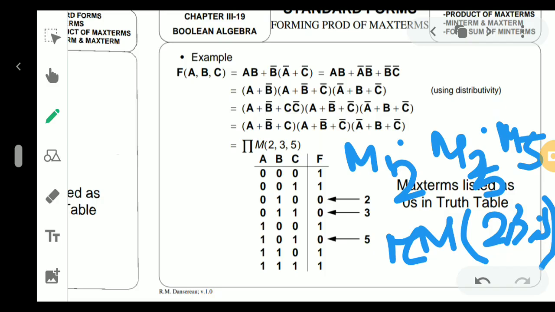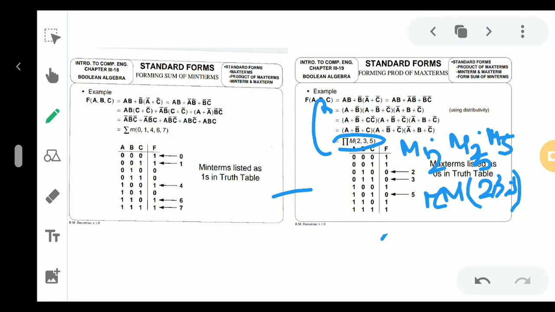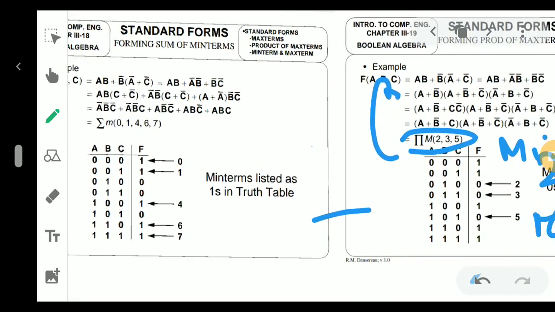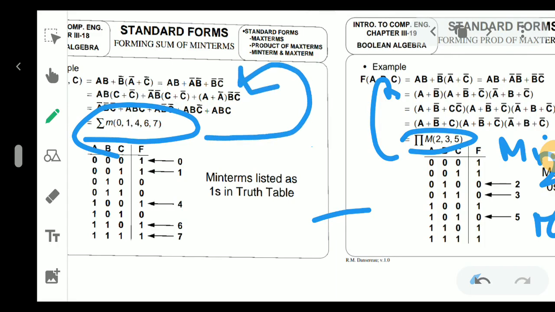Or just the opposite thing can be coming, that they have given you this expression and you have to evaluate this expression. This also may be coming. From here also, suppose this type of expression is given and you have to find out this value. Both ways it can be given in the question papers.